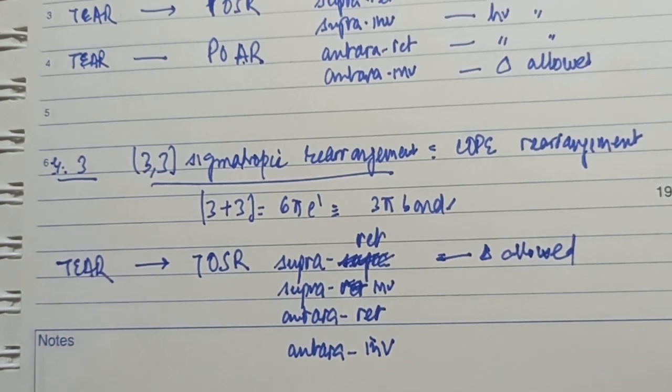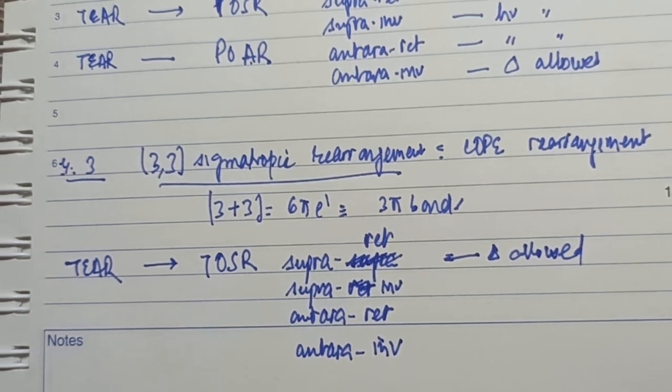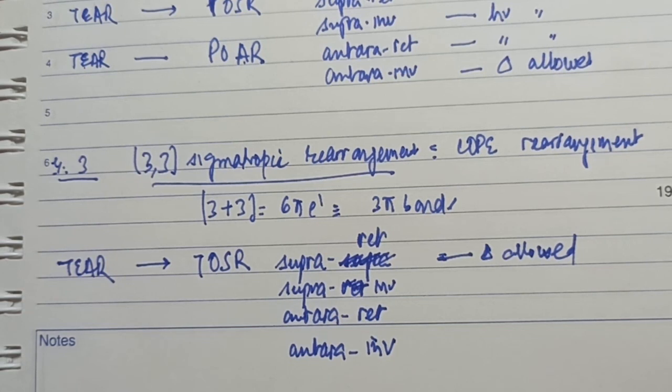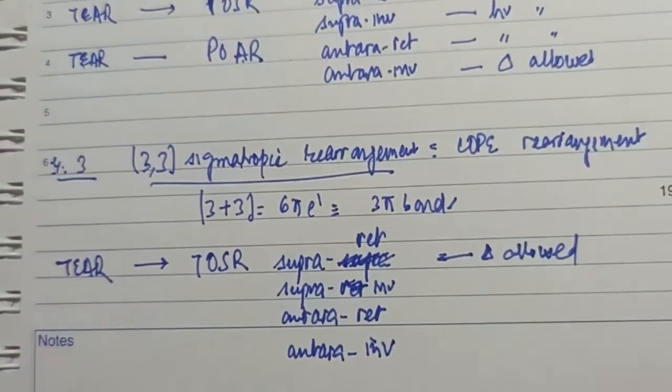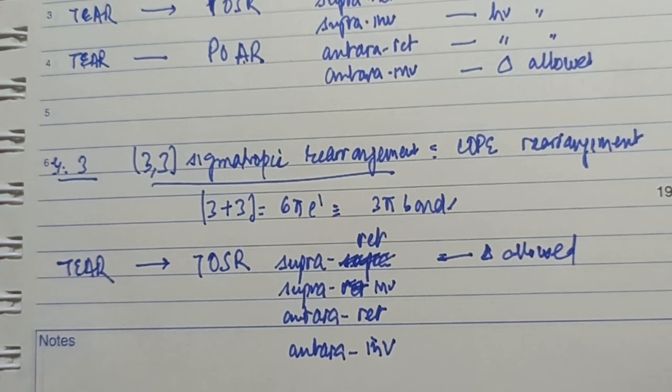So this is how we work out the reaction conditions using the various formulas for sigmatropic reactions, the electrocyclic reactions, as well as for the cycloaddition reactions. So it is easy to work out the reaction conditions using particular formulas. Thank you so much. In the next class, we'll be talking about the third phase of cycloaddition reactions.